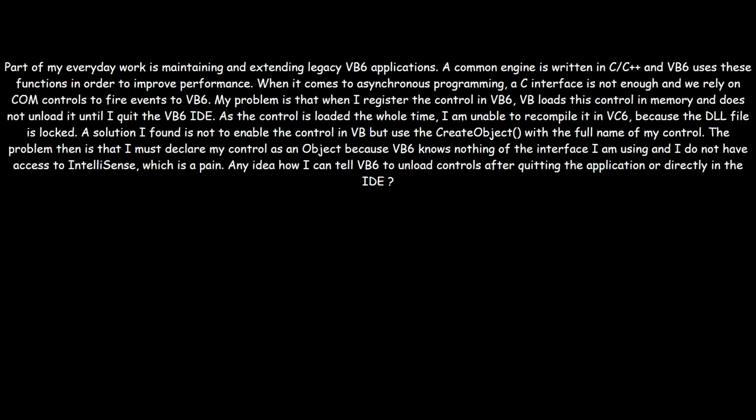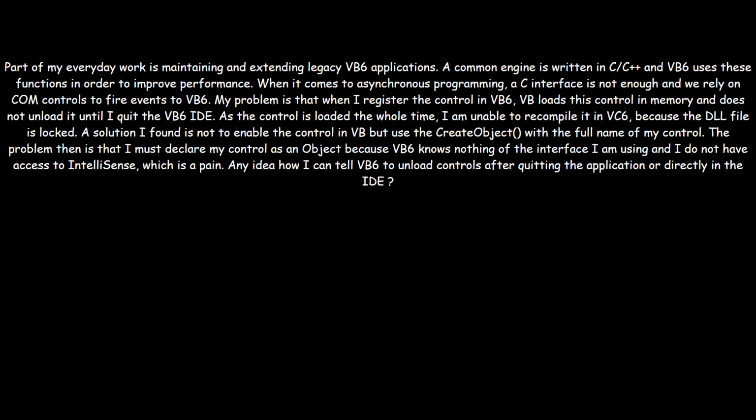Unload a COM control when working in the VB6 IDE. Part of my everyday work is maintaining and extending legacy VB6 applications. A common engine is written in C and C++, and VB6 uses these functions in order to improve performance. When it comes to asynchronous programming, a C interface is not enough and we rely on COM controls to fire events